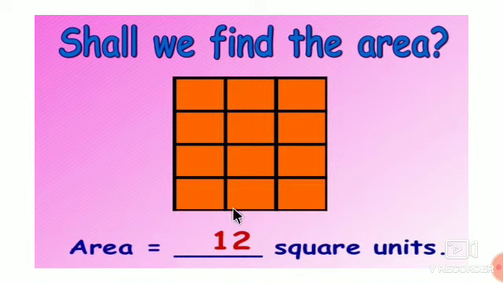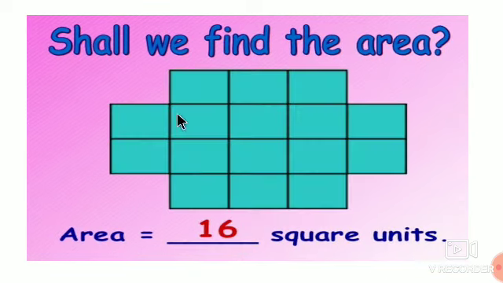Last year you have learned to find out the area by counting the squares like this. Such examples we have learned already. This is the rectangle. So you can find out the area of this rectangle by dividing the rectangle into the squares of equal size. So there are 12 squares: 1, 2, 3, 4, 5, 6, 7, 8, 9, 10, 11, 12. So area of this figure is 12 square units. Why units? Because centimeter, meter is not mentioned. So we can write the unit.